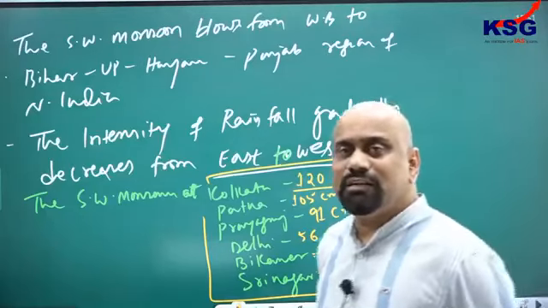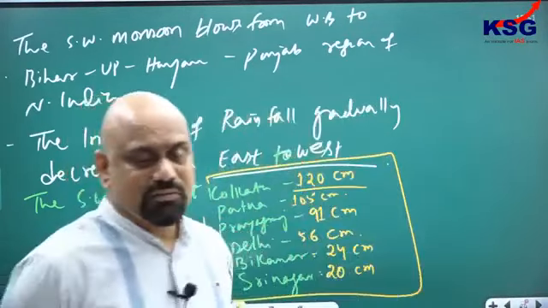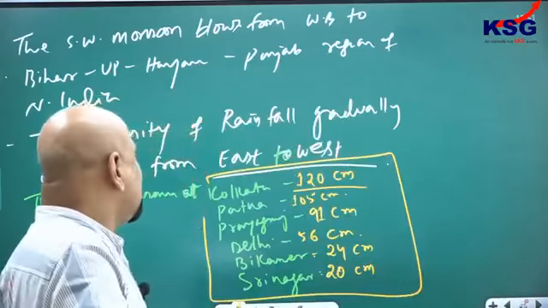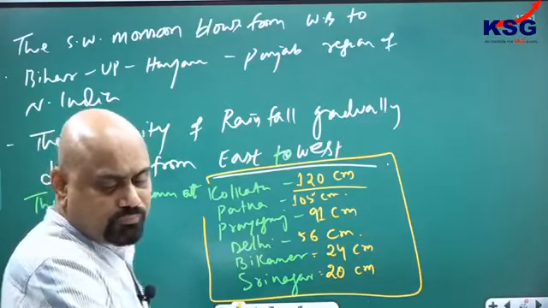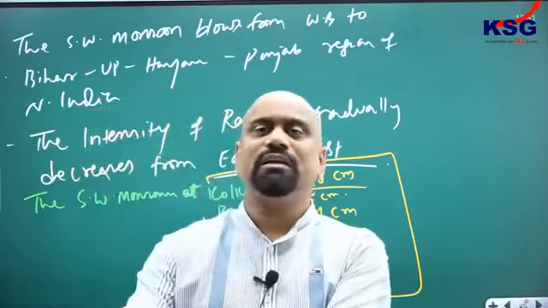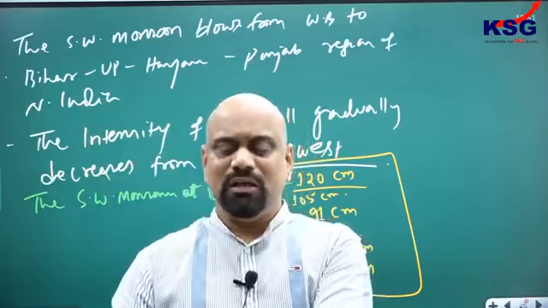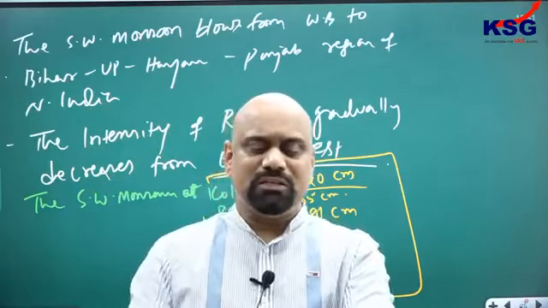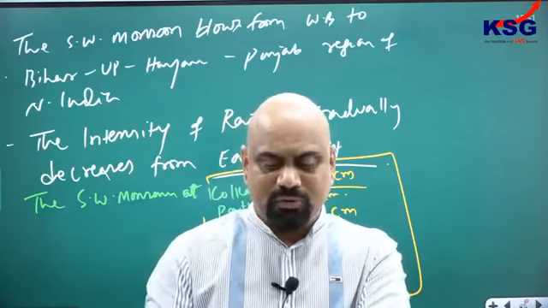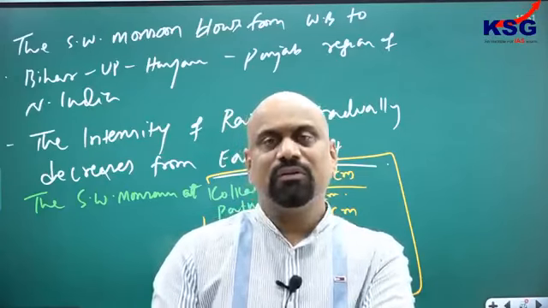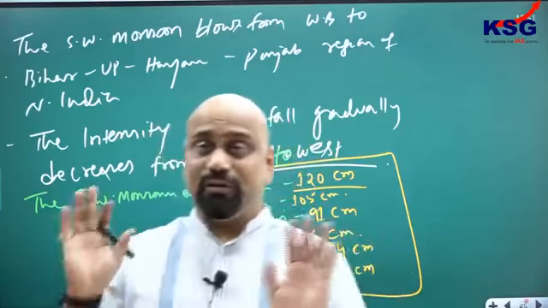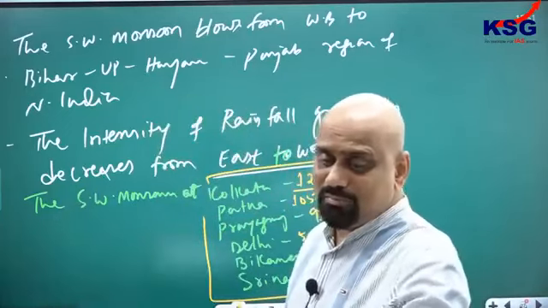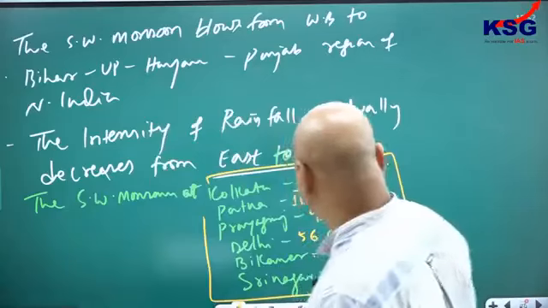The rainfall intensity gradually decreases from east to west. I hope it is clear to you all now. The rainfall gradually decreases here from east to west, and this is the best I can say. Very important this is. Now second point, very important one is you have like this is the first branch, Bay of Bengal branch. I said Bay of Bengal branch gives rainfall here in this part.